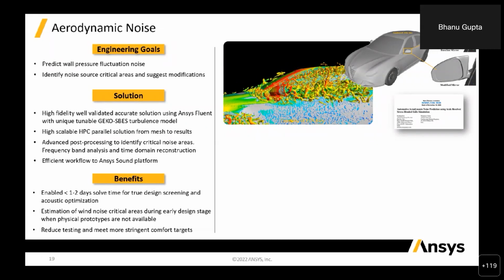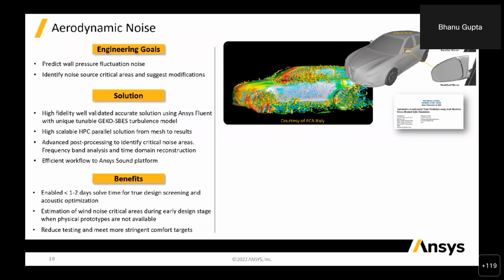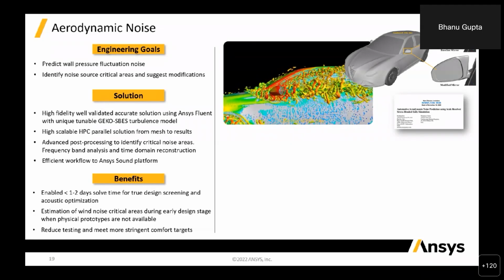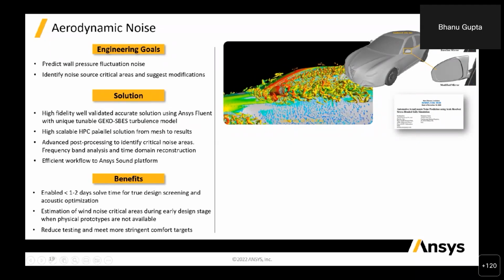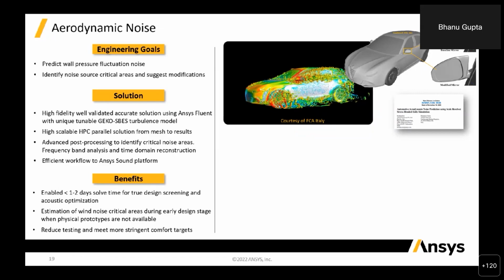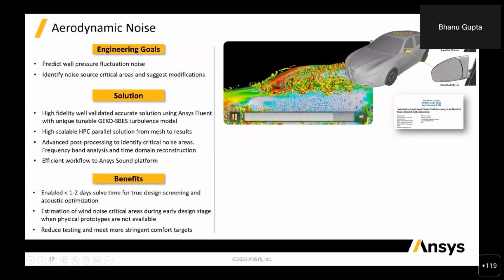And first important aspect is the turbulence model, and Domenico pointed out that in aeroacoustics turbulence plays a major role. Now, LES can be one solution, but being expensive, we have some of the best scale resolving turbulence models like SBES, which is a combination of the RANS and the LES models, which can give us very good accurate solutions. And then, as these are some computationally expensive large meshes, HPC scalability is very important, and Fluent